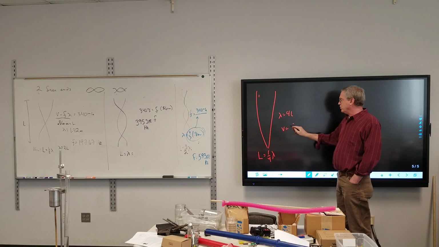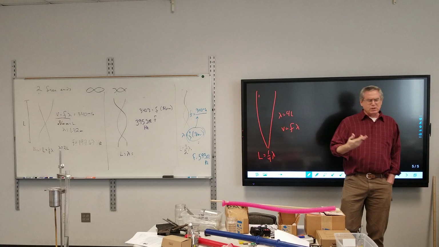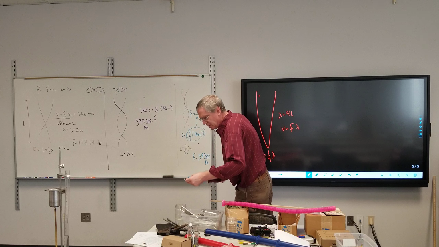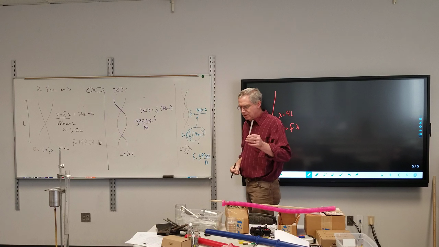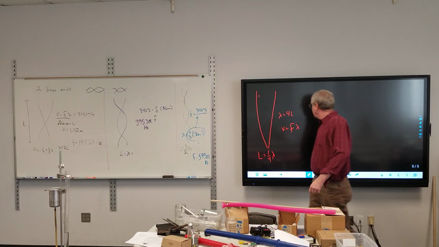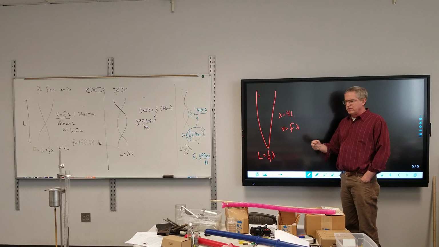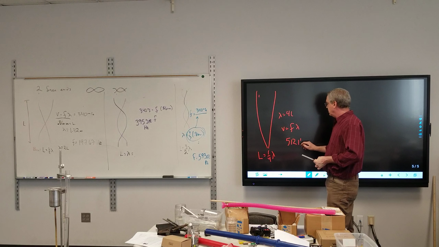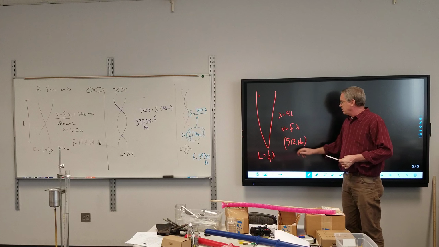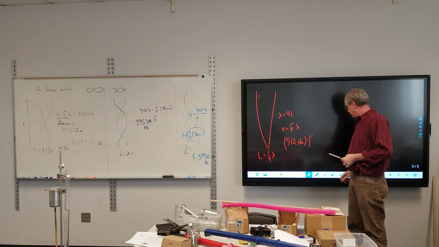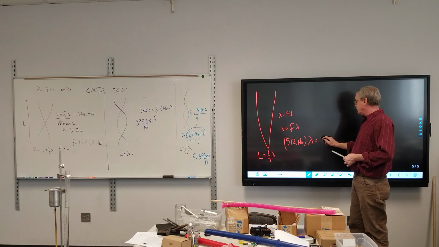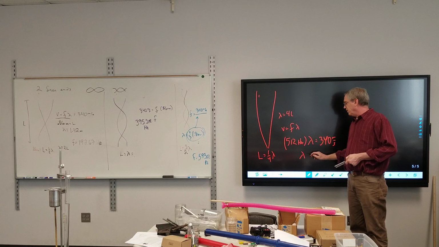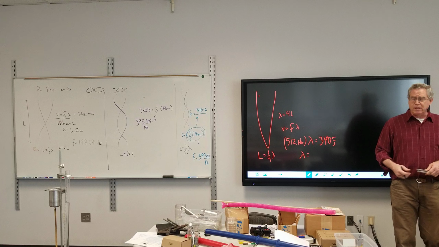I know that speed is equal to frequency times wavelength. Now in this particular case, I'm going to know the frequency, so I brought the tuning forks in. So my frequency, if we take this one for example, is 512 hertz. The speed of the wave is again about 340 meters per second. So the wavelength for the first harmonic would be